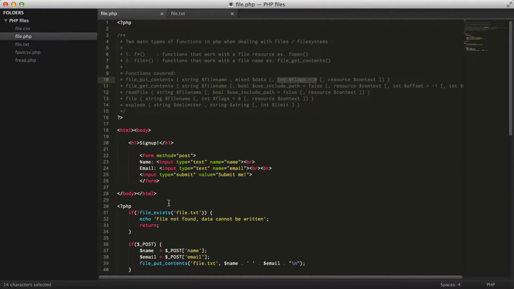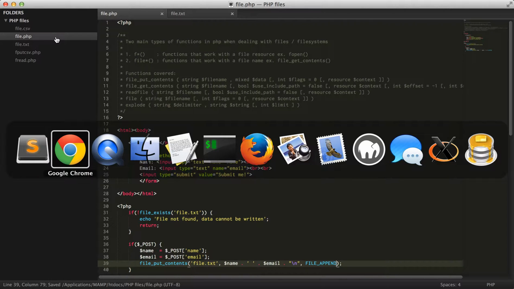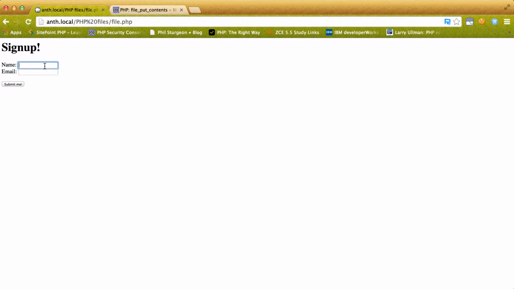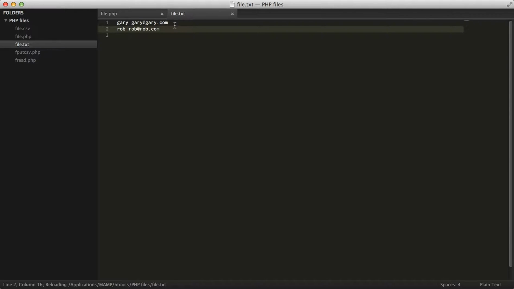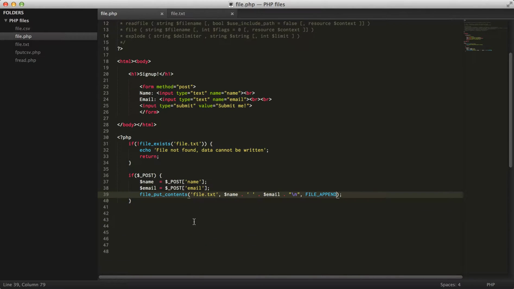So what we can do now is after the data, so we have our file name, our data, and then we're going to do FILE_APPEND. So now when we actually write Rob, now we have multiple data entries. So that quickly covers